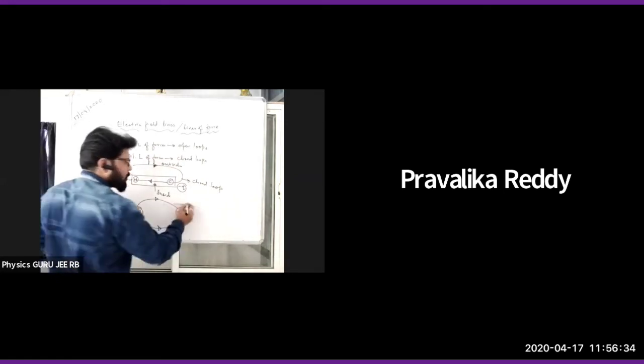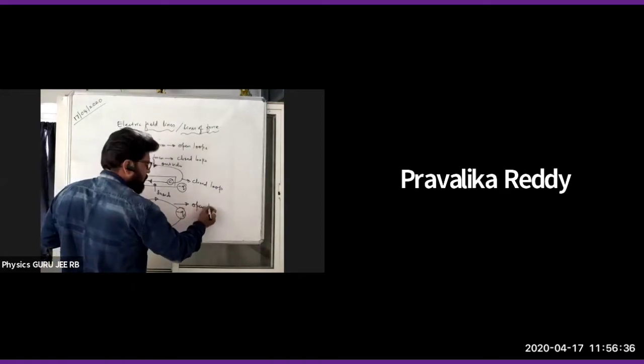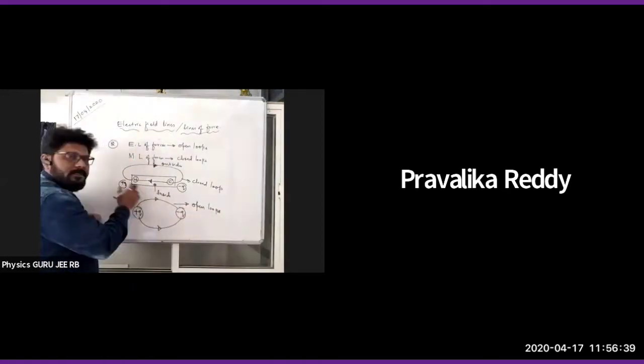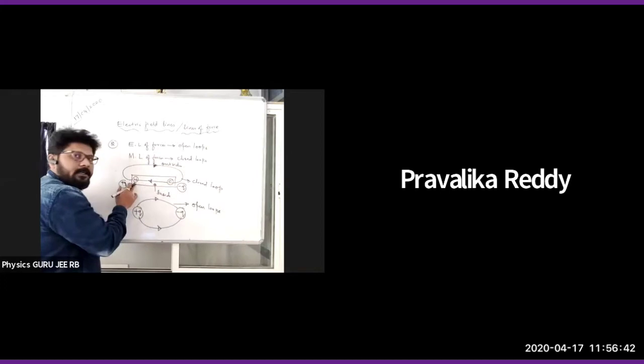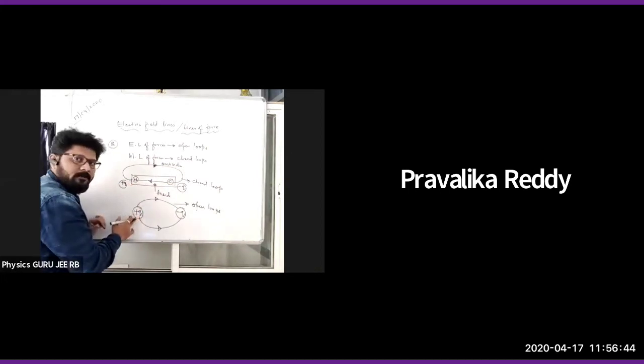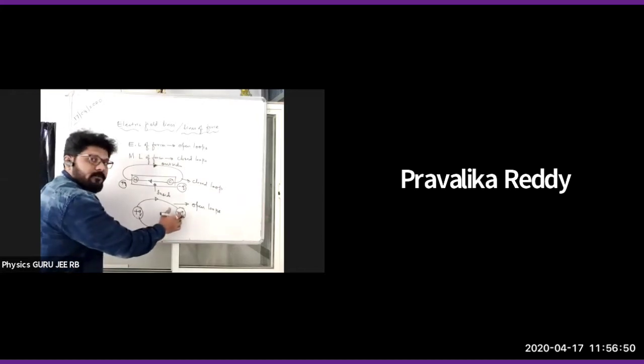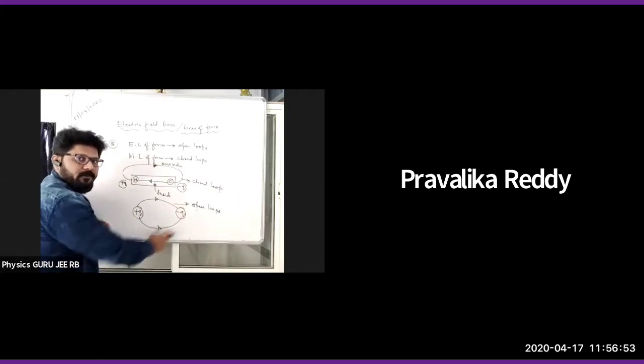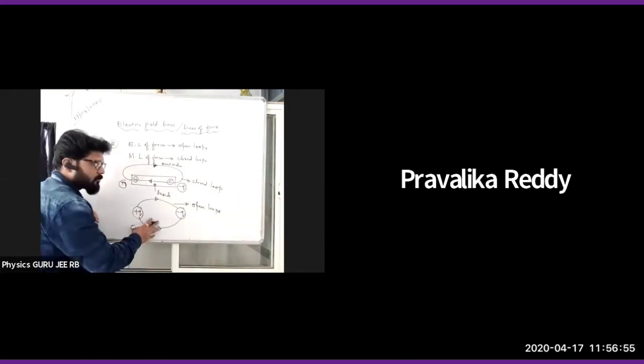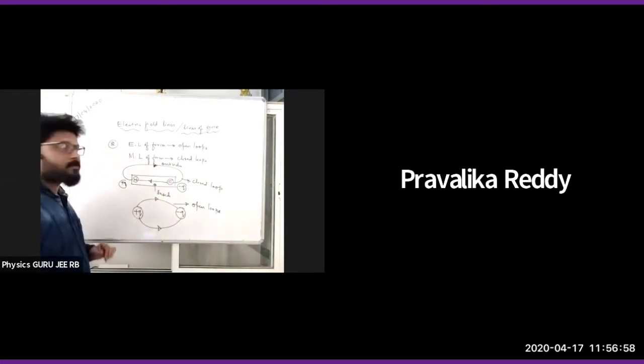So these are called what? Open loops. Closed loop means we can start at the north and again end at north. But here we have to start at positive charge only, and we have to end at negative charge. Again, we cannot travel from negative to positive. We always should travel from positive to negative. So they are considered to be open loop. These are considered to be closed loop. This is the property 2.